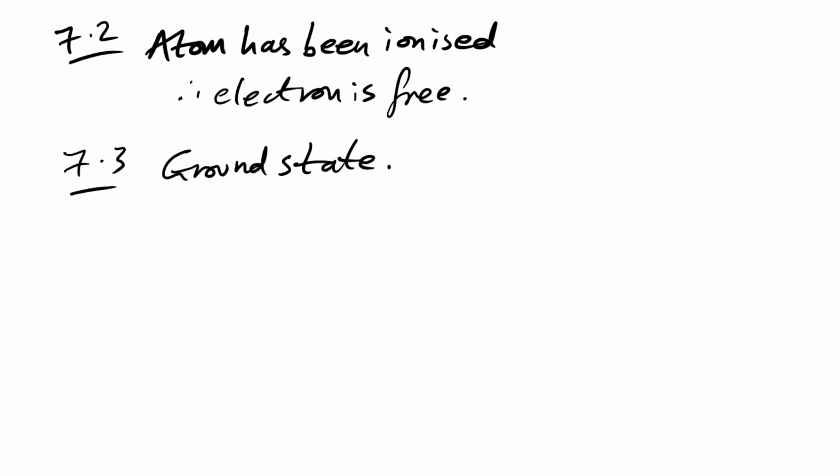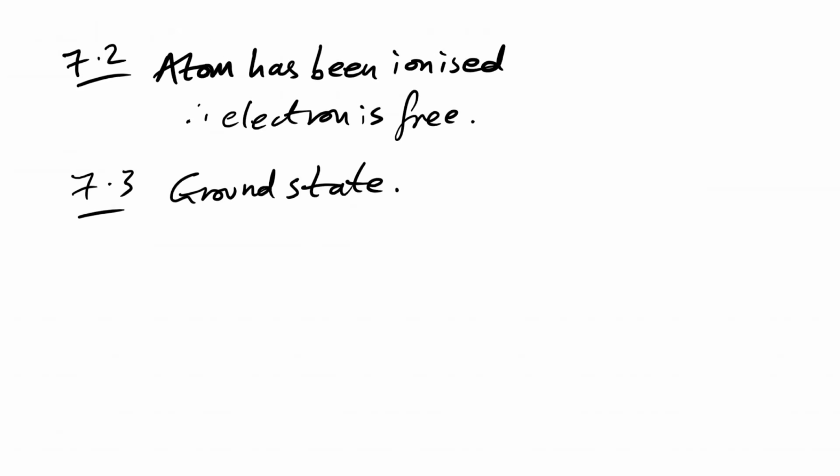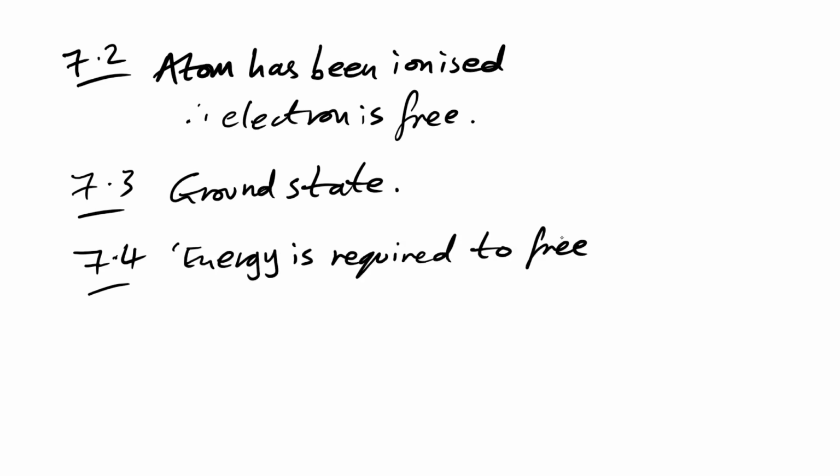7.4, why are energy levels negative? Well, that's a very good question actually, and not an easy question to answer because it is just because we decide to put 0 at the top at ionization. We could put 0 at the bottom if we wanted to, but for the sake of consistency, we do it the other way around. So this is not a good question, to be perfectly honest. So we're just going to put something like energy is required to free electron.